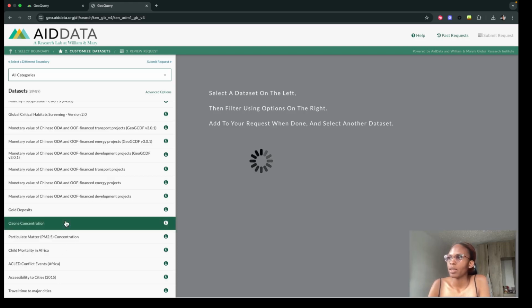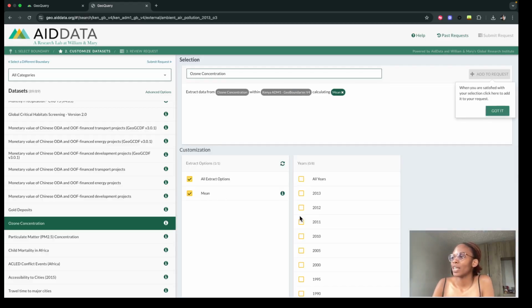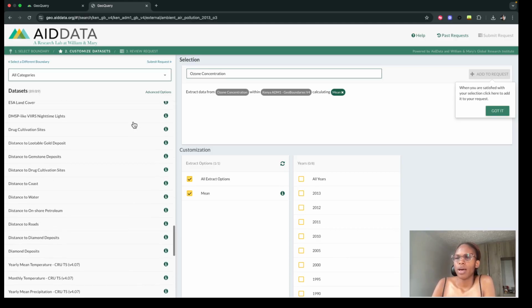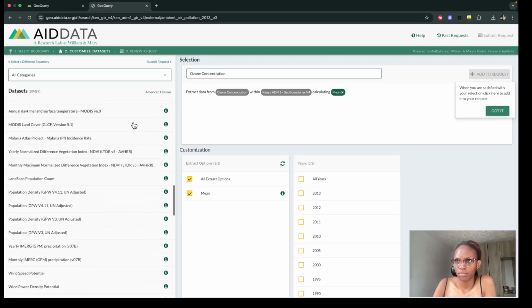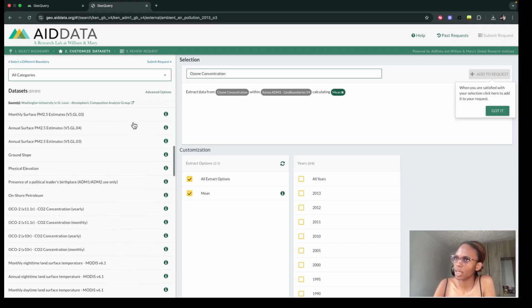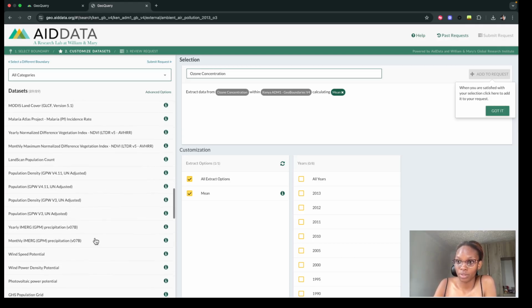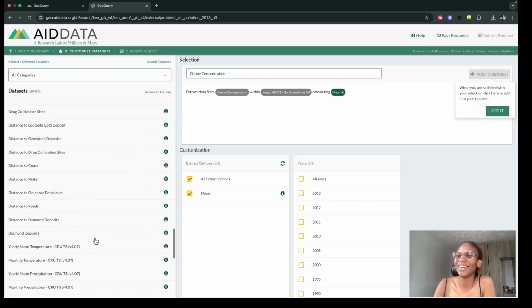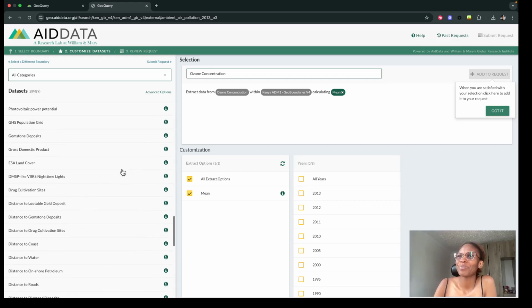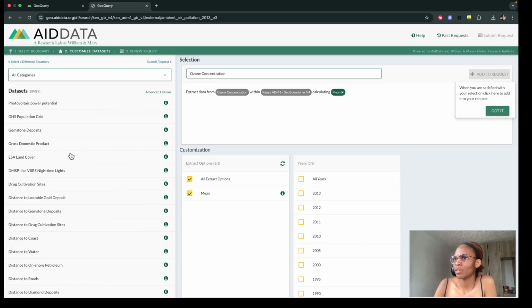I was interested in the ozone concentration, and the ozone would basically tell the state of the air of Kenya, and it provides the mean across different years. I wanted to do a correlation of the ozone concentration to the land use. It was here, I'm pretty sure it was here. I don't know why I can't see it. Okay, yeah, here, land cover,